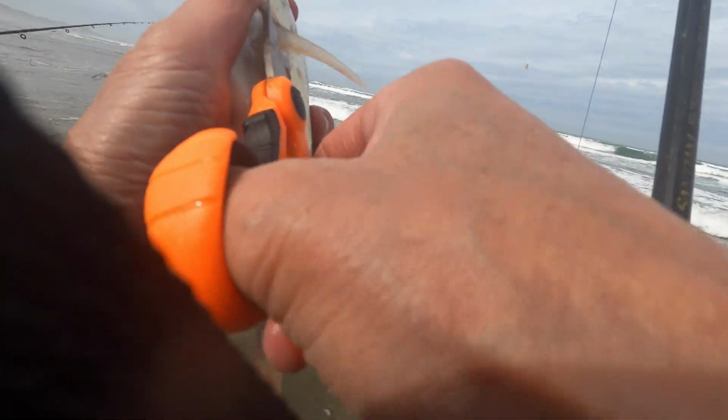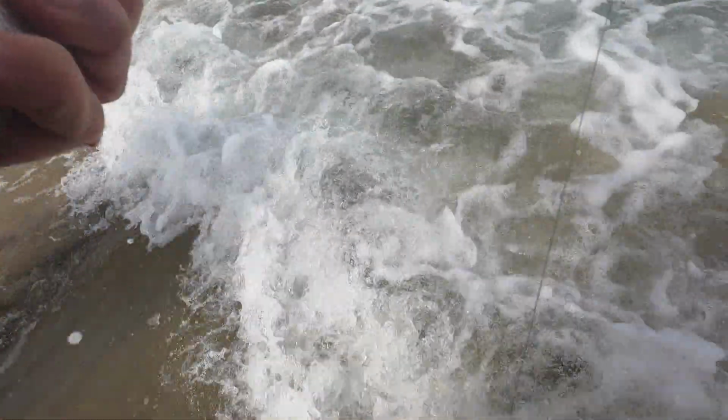I'm gonna cut off the left fin in case somebody gets some more. So that way it knows yours. So remember, left fin. Left fin's mine. Yeah, left fins are yours, okay? All right. Crap, where's my